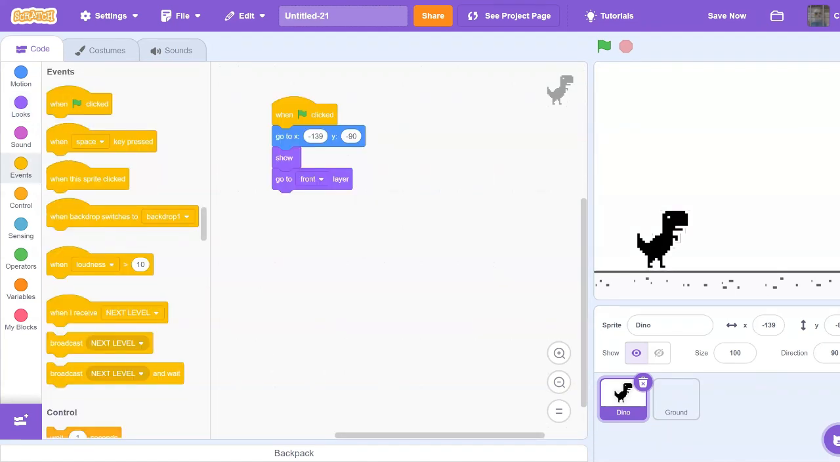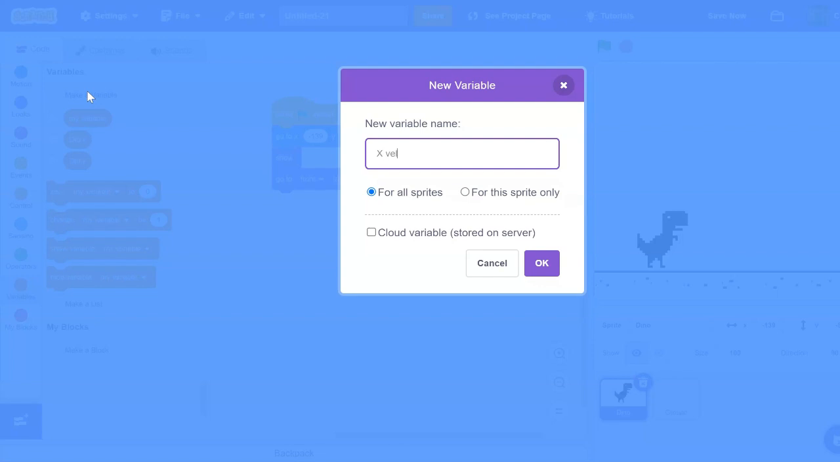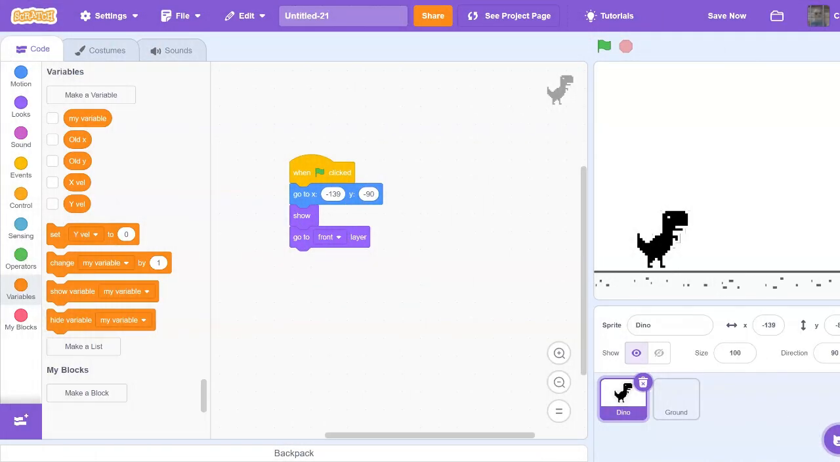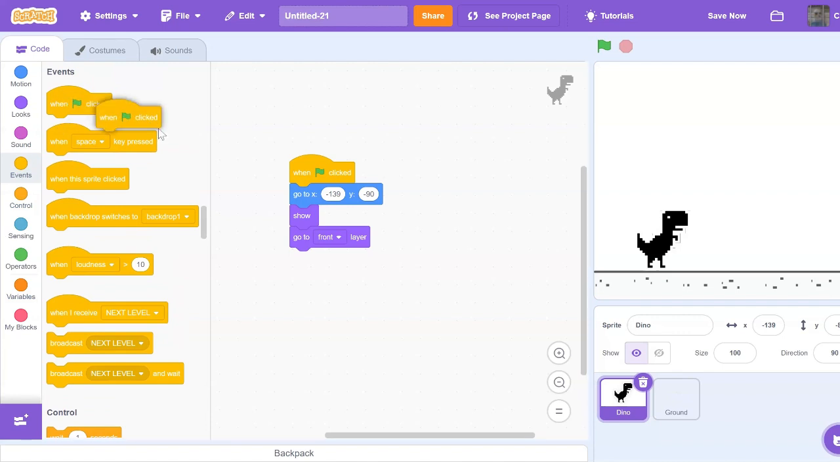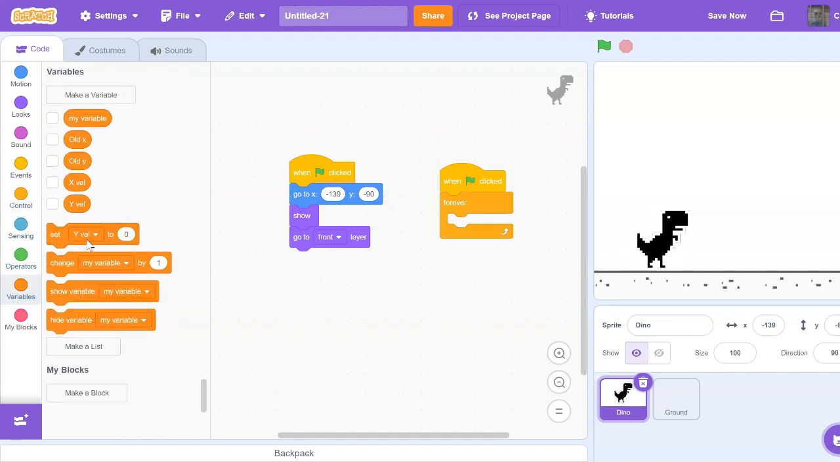Now we're going to work on making the Dino jump, but before we do that, we have to make two variables. We're going to need to make a variable called xval and a variable called yval. Now in the Dino sprite, we're going to want to code when green flag clicked, forever, set xval,